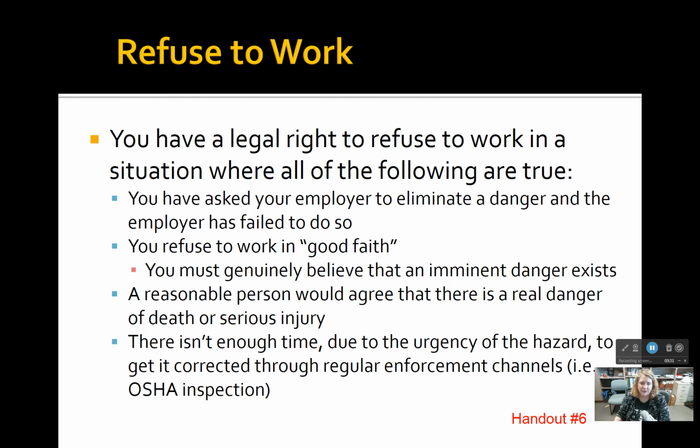If you look under the section where it says refusing to work is protected if, all of these conditions must be met. I'm not going to read those for you, but it's this and this and this and this. There are 4 conditions that have to be met in order for this to be considered unsafe, and that you are refusing to work if you've done these things.